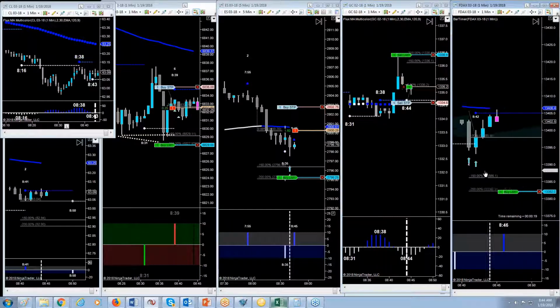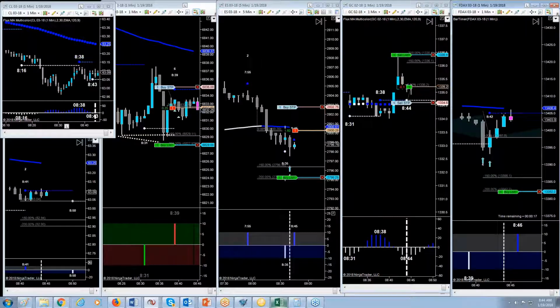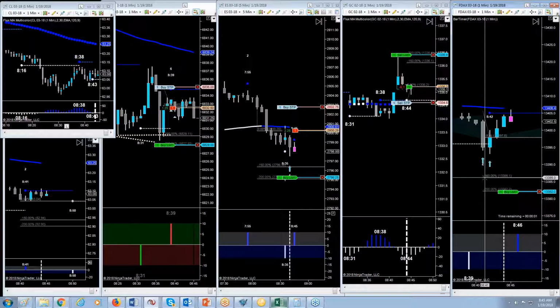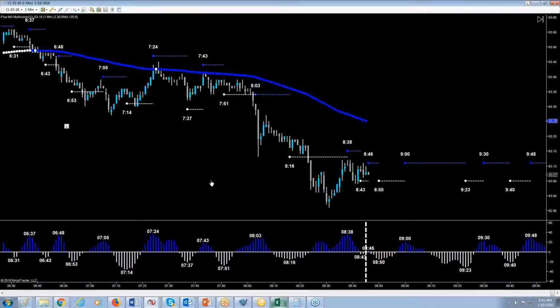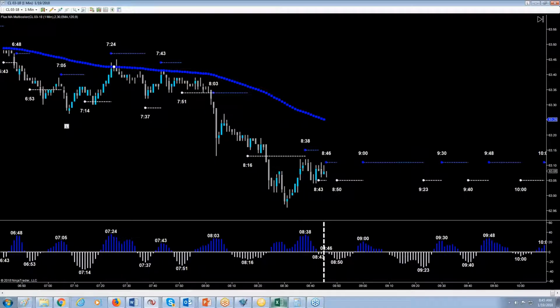What's interesting about the DAX signal here is it's already violated the blue dot. So if we get a close above the moving average, that would be a potential trend entry because the sellers were not there and it's crossing above the moving average. So I'm going to watch for that. Feels like Prime is doing a really good job with CL today. And 8:46 is the next signal. We're in a chop zone though.